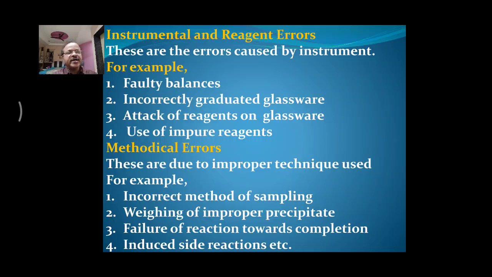Incorrectly graduated glasswares: suppose a particular glass container is marked for 250 ml, and when we add 250 ml, it does not reach that mark, that indicates that the glassware is improperly graduated. So incorrectly graduated glasswares may cause instrumental error.